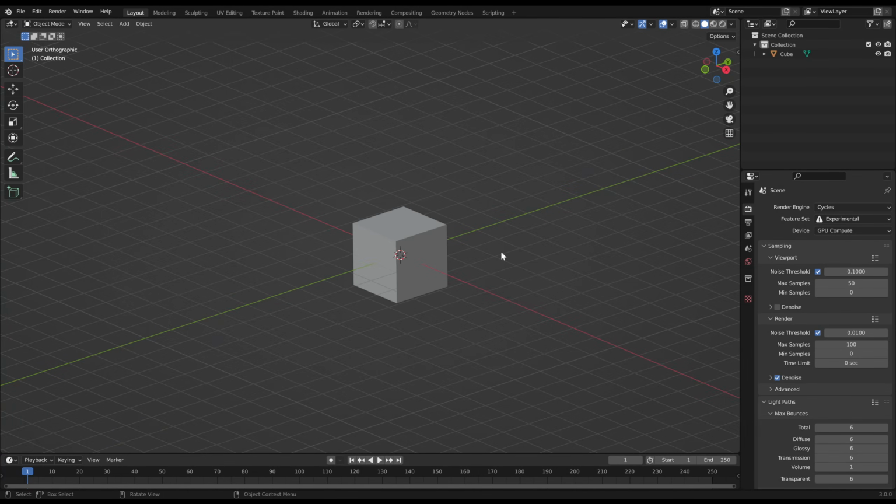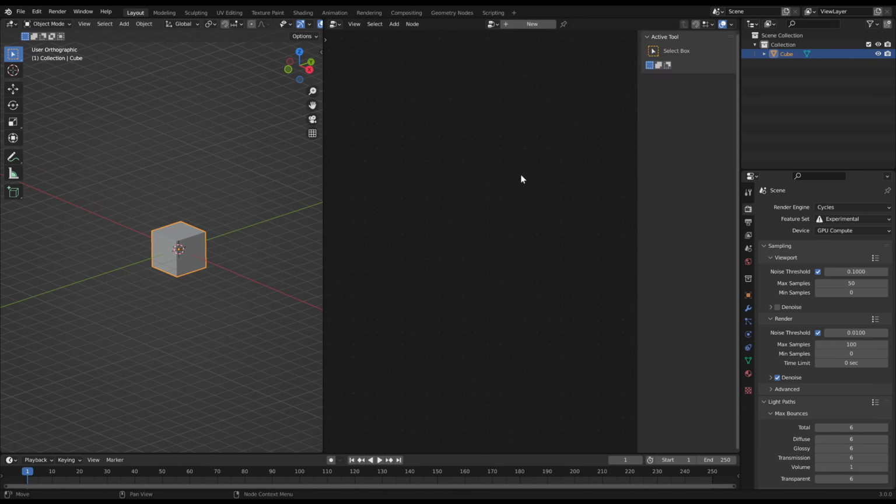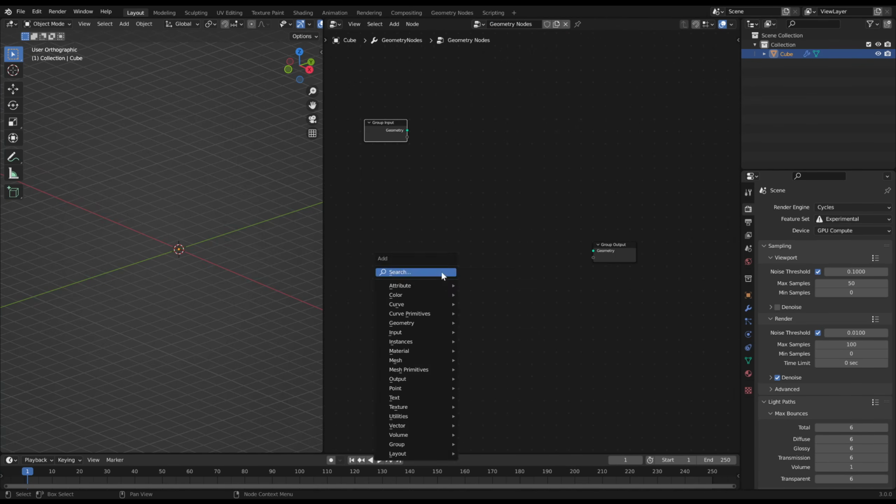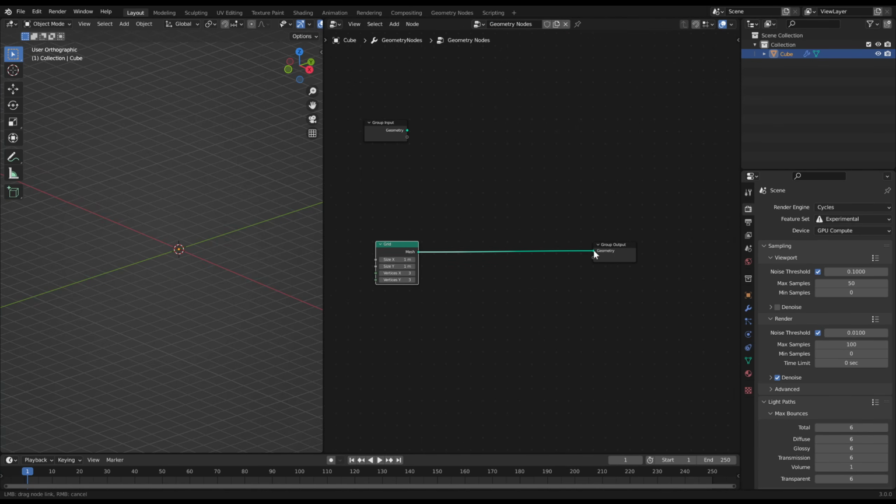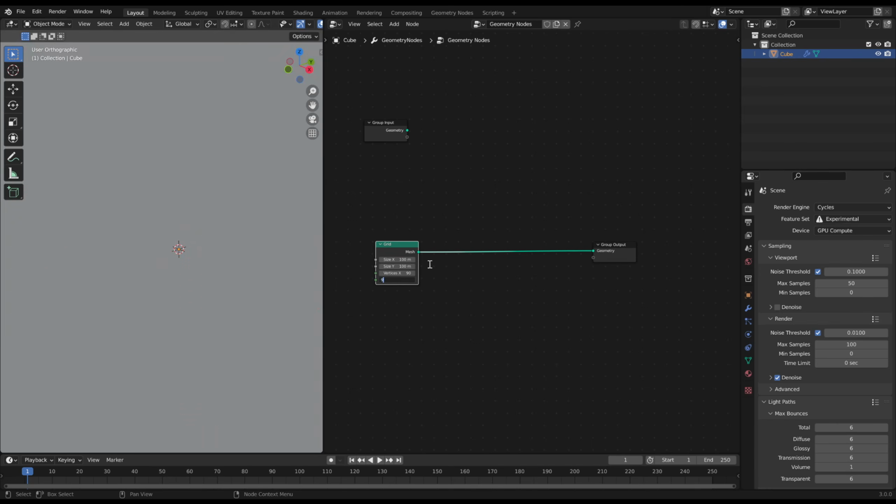In this video I will show you an easy way how to make a seamless loop noise with Geometry Nodes. I will build a small setup to show you how to approach the task.